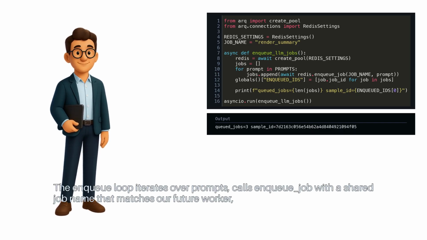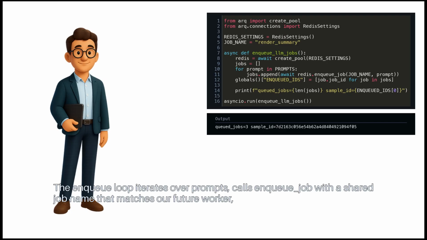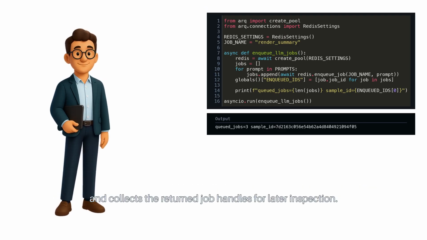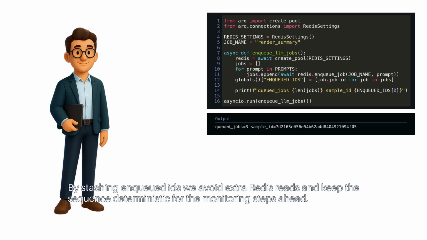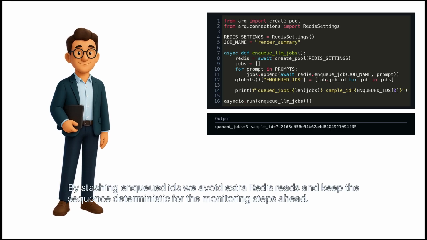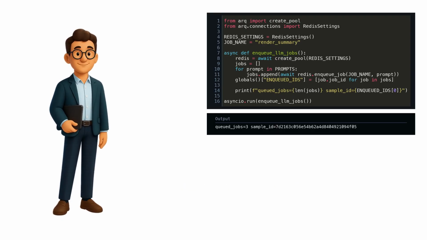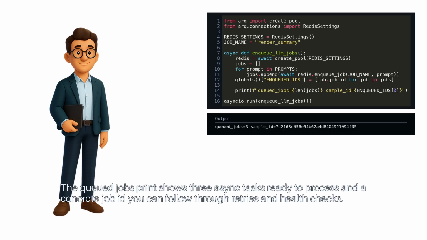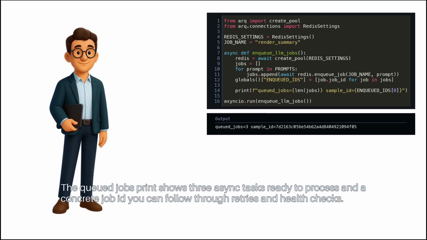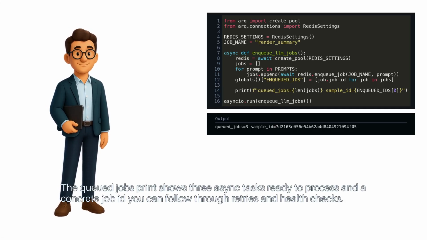The enqueue loop iterates over prompts, calls enqueue job with a shared job name that matches our future worker, and collects the returned job handles for later inspection. By stashing enqueued IDs, we avoid extra Redis reads and keep the sequence deterministic for the monitoring steps ahead. The queued jobs print shows 3 async tasks ready to process, and a concrete job ID you can follow through